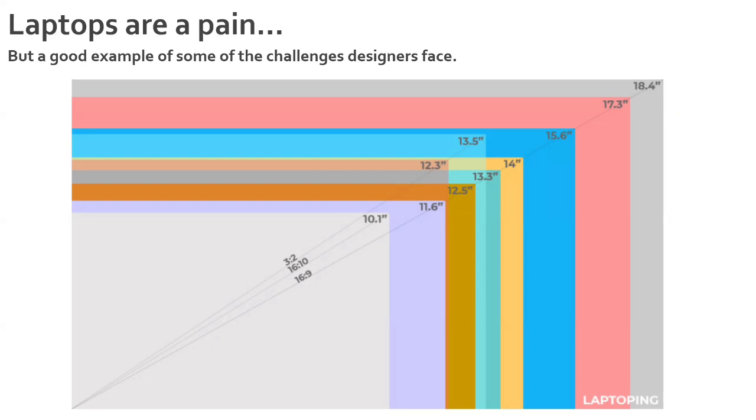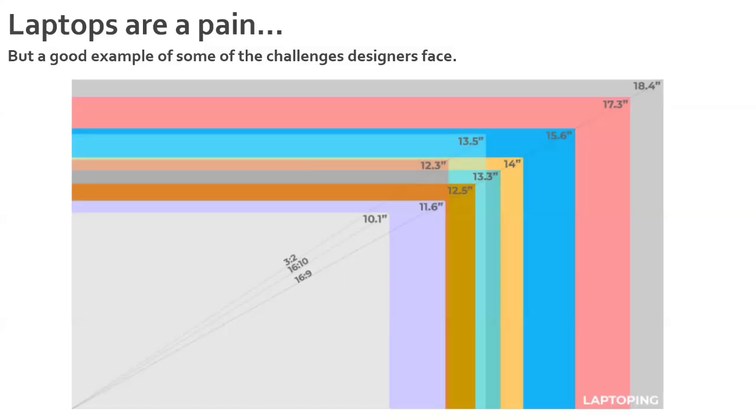So laptops are an excellent example of how you need to take into account technical details of the actual physical screen size versus the actual aspect ratio versus the actual resolution. As a designer, you need to accommodate all your designs within these technical details. So the reason we're going through such a long research process with such basic details is because this is information every designer must immediately get out of the way in 5 minutes at the start of any product. What are the dimensions of the platform that I will be building my work on?